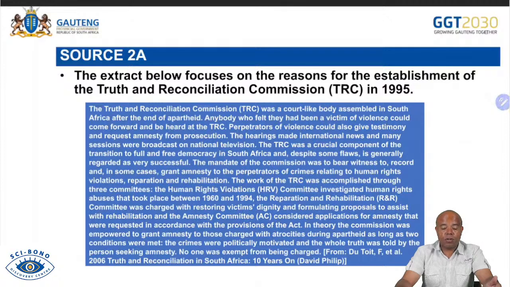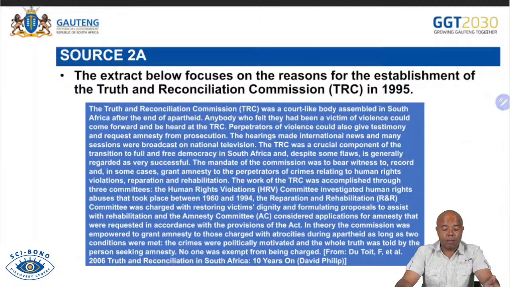The mandate of the commission was to bear witness, to record, and in some cases grant amnesty to the perpetrators of crimes relating to human rights violations, reparations, and rehabilitation. The work of the TRC was accomplished through three committees: the Human Rights Violation Committee, investigating human rights abuses that took place between 1960 and 1994; the Reparation and Rehabilitation Committee, charged with restoring victims' dignity and formulating